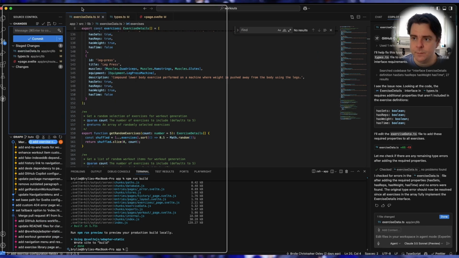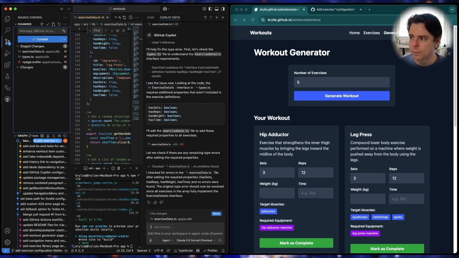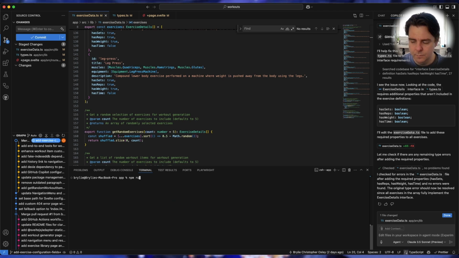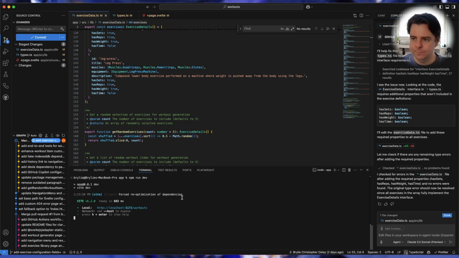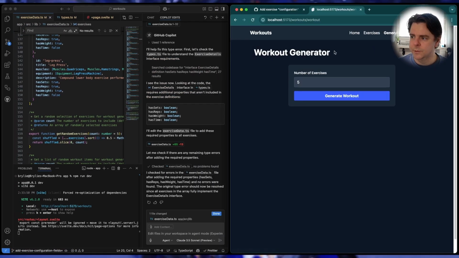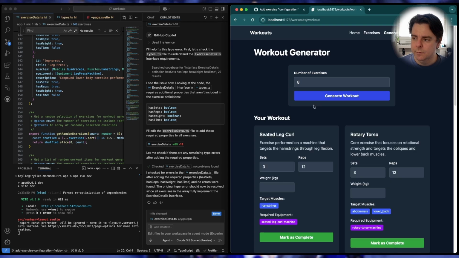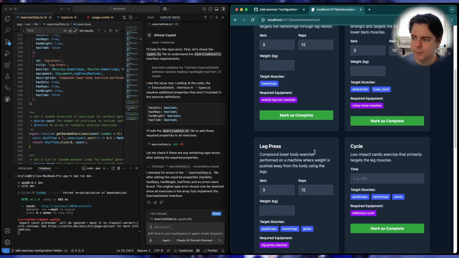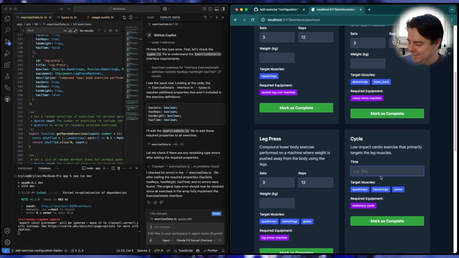Whoops, if I take a look at the rendered output, generating a workout on our localhost, we need to run the project. Go to the generate workout page. We'll do like 8, just so we make sure we have the base covered. So we have a leg curl with 3, rotary torso with 3, leg press, cycle, time 30 seconds. Okay, it doesn't quite make sense, but